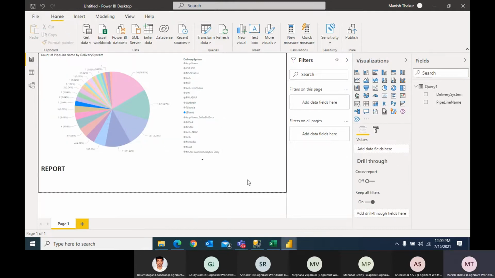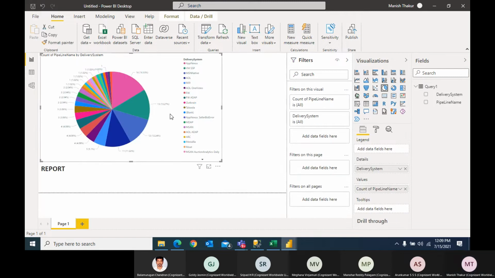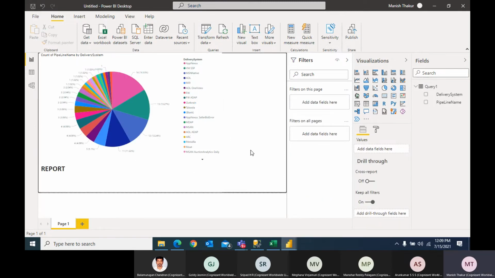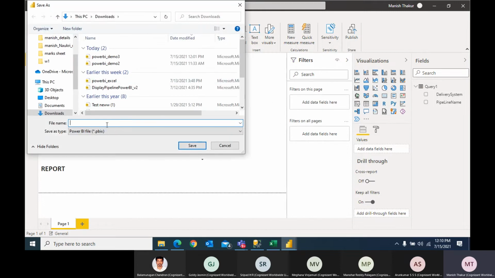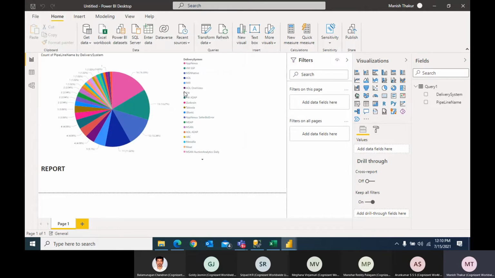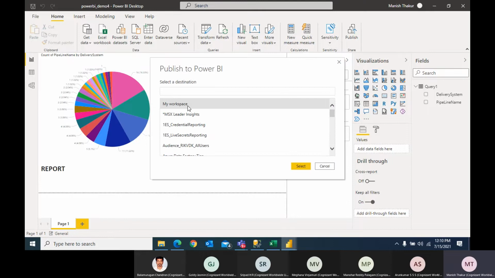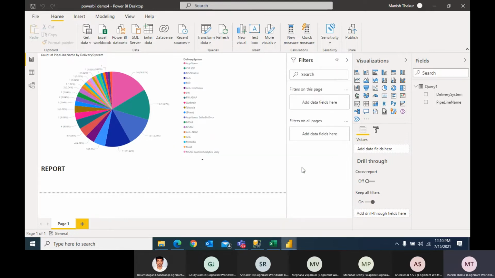The process is same. Once your report is ready, and all the things as I have shown you, you can refresh, and then once the model is created, everything is correct. See, I'm showing it like this. You select the general thing, and finally you just have to publish the details like that. So you have to give the file name, and you'll be able to get the file data. This is ready. I'm trying to use the same workspace, my workspace, where I'll put this file.